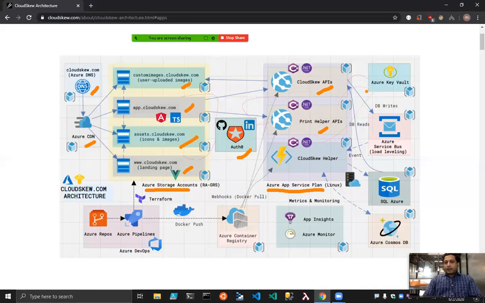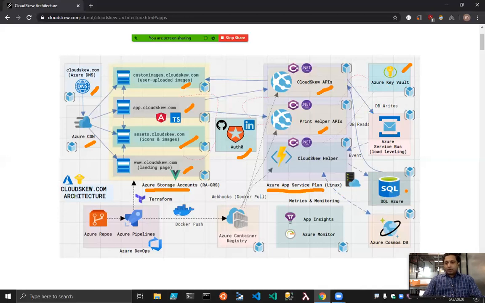Yeah, so both of those apps read their configuration from the Azure Key Vault. So Azure Key Vault is a centralized key value store, very secure. So we have access policies. Both of these web APIs have managed identities enabled on them, and only those managed identities can access the key vault. So when the apps start up, the very first thing they do is read their configuration values from the key vault, like connection strings or passwords, those sort of secrets, and then they bootstrap themselves.